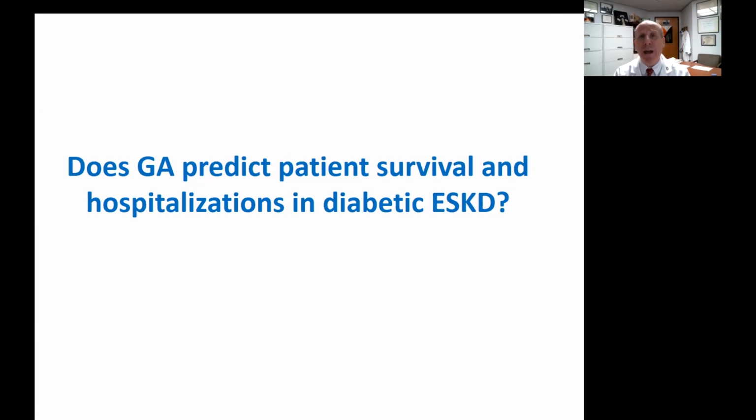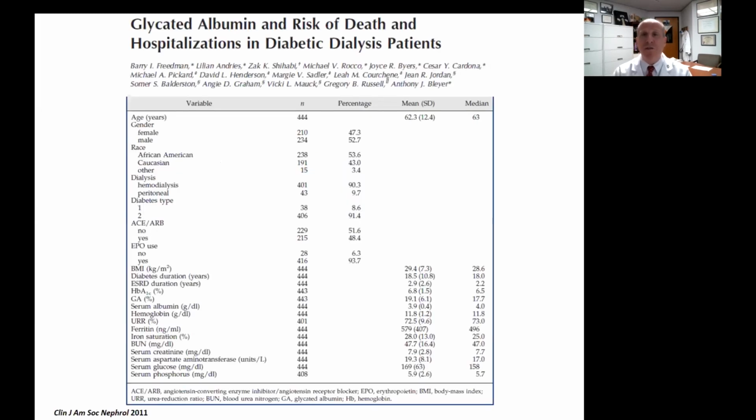What about the glycated albumin? Does that predict patient survival and hospitalization? Well, at the very beginning, I showed you that recent meta-analysis in almost 26,000 dialysis patients, and I showed you there was a study from us. This is the data from that study that we published in Clinical Journal of the American Society of Nephrology in